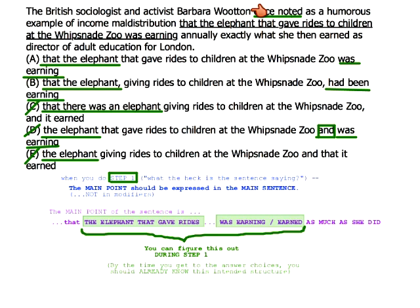Exactly the same time frame. It's in the past, but it's the exact same time frame. Right? The entire point of the sentence is that these two entities, this person and this elephant, were earning exactly the same amount of money at exactly the same time. So having these in different time frames would be totally nonsense. Right? The point of the sentence is that Barbara and the elephant